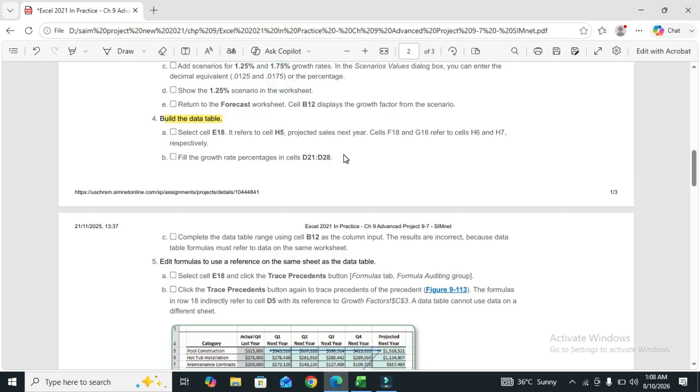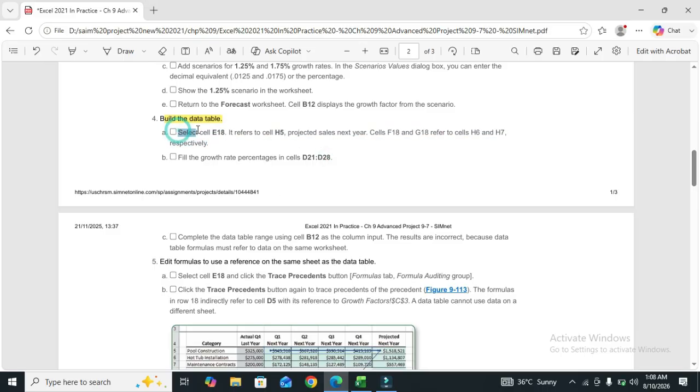Step number 4 is build the data table. Part A of step 4 is select cell E18. It refers to cell H5, the projected sales next year cell.